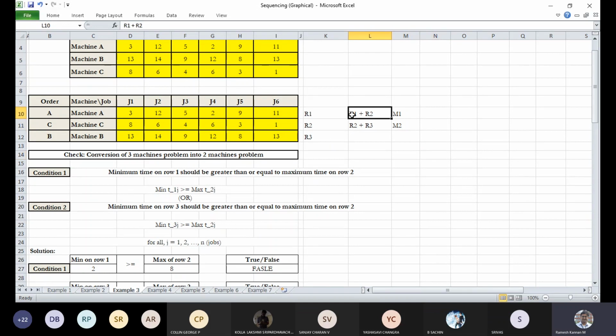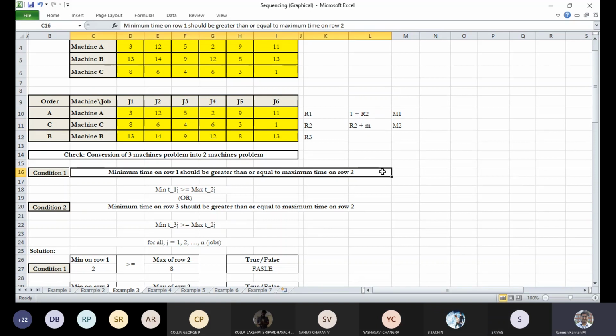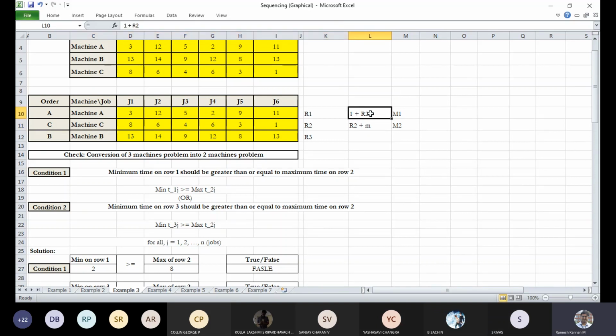So what we mean by this is, the first row, which is row 1, I'll put it 1 here. Then this is the mth row. Which means the first row plus all the intermediate rows plus all the m rows, excluding the first row, that is R1, right? And this is excluding M.